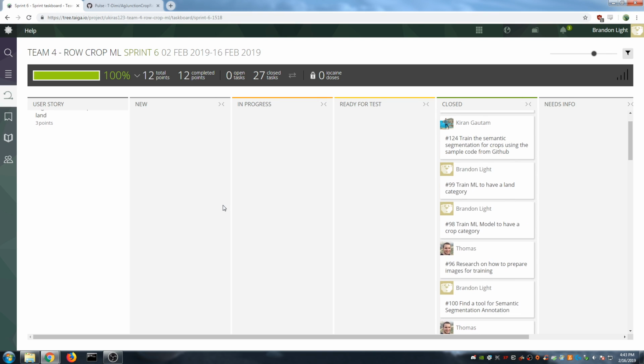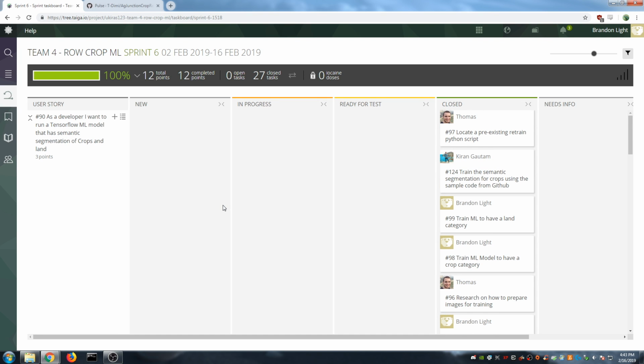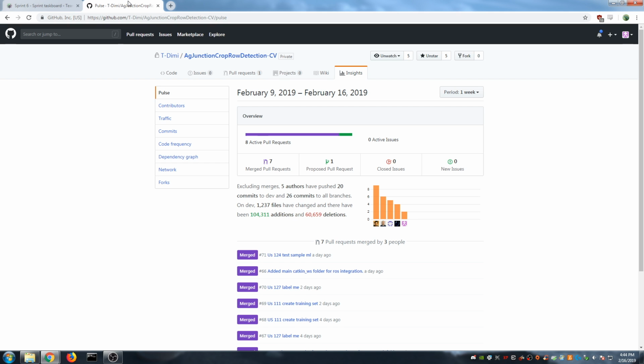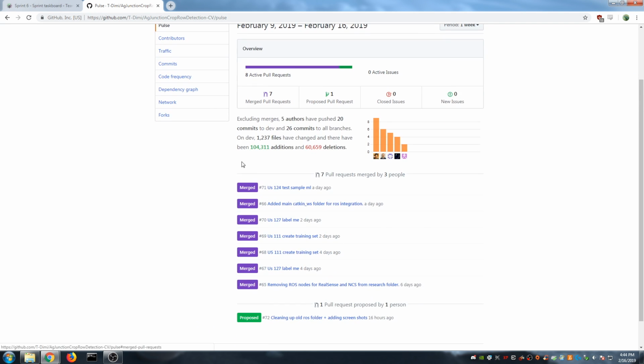The other goal was to get our data set prepared for the machine learning. In order to do that, we had to annotate the crops in a set of images, and we're going to use that for our transfer learning model that we will be developing. As always, we have made contributions to our GitHub repository, and you can see some of the pull requests made